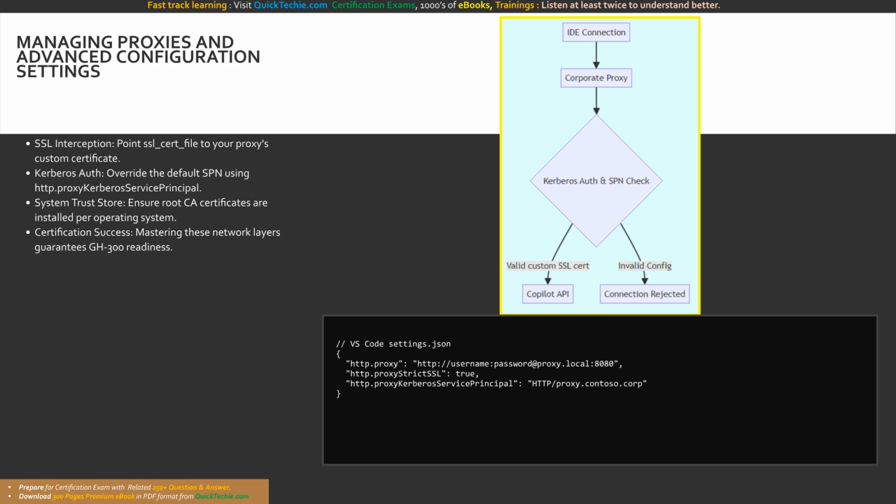Our final flowchart illustrates the secure proxy authentication handshake. The IDE initiates an outbound connection, which is intercepted by the corporate proxy. The proxy challenges the connection for Kerberos authentication. By passing the configured service principal name and validating the custom SSL certificate, Copilot successfully authenticates, securely reaching the AI